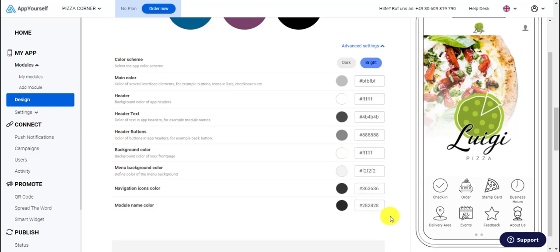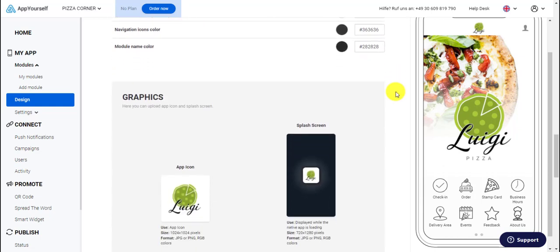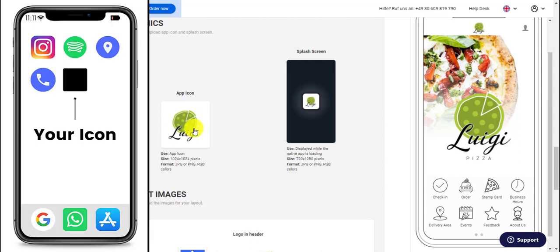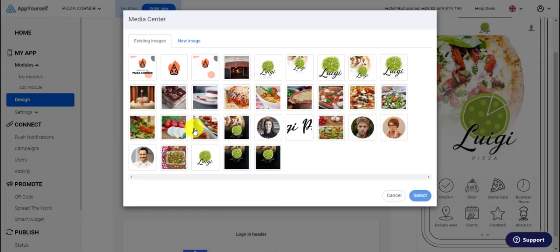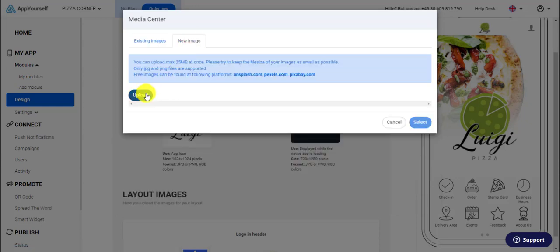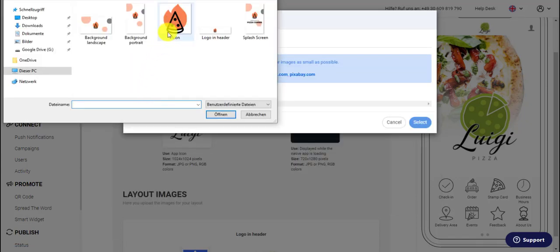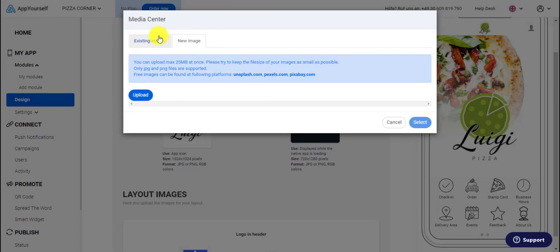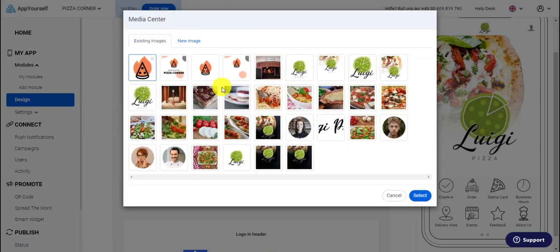Let's now move on to the graphics. The app icon is the small image that users see as a tile on the smartphone's home screen and also in the App Store. To upload your icon, click on the existing one and then go to New Image. All uploaded images can then be found under the Existing Images tab, which I have already prepared for the following